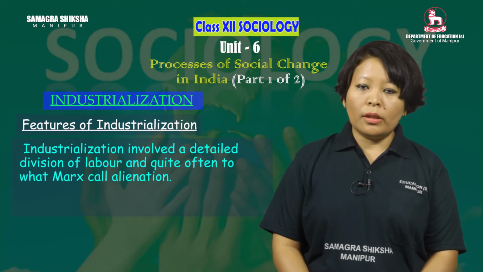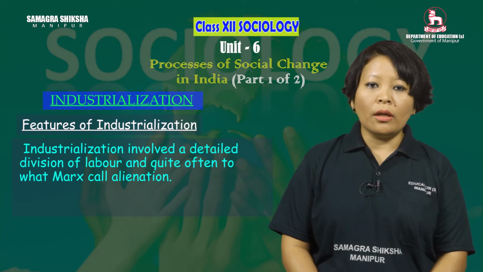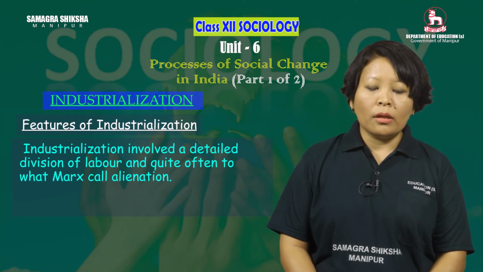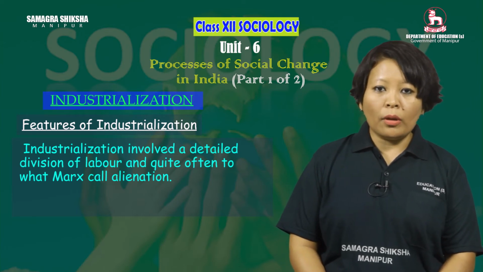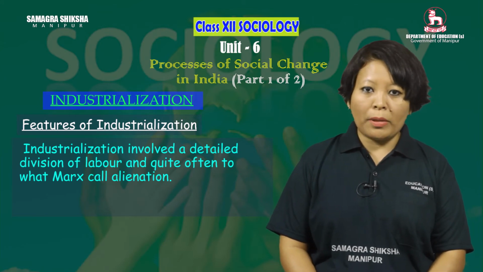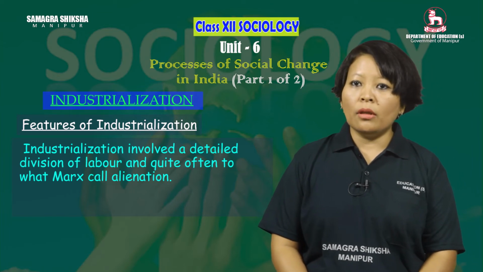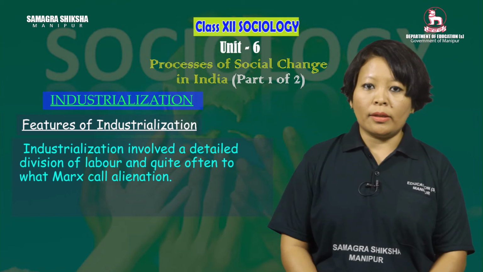Agriculture, anyone can do anything. Harvesting, reaping, sowing, one can do all of it. But in industrialization, there is a specific job for each one. For example, manufacturing industry hires